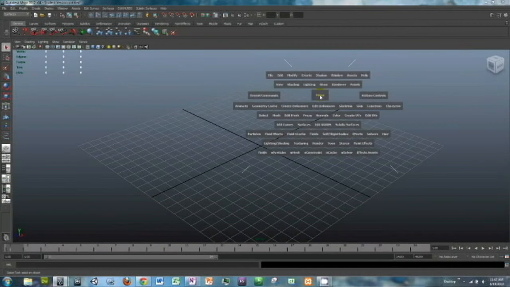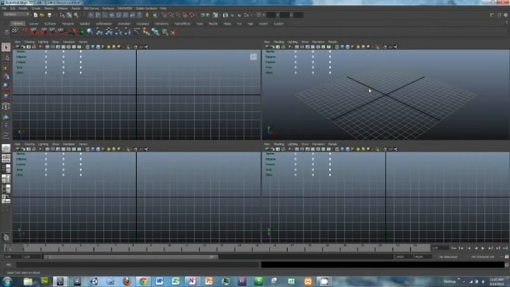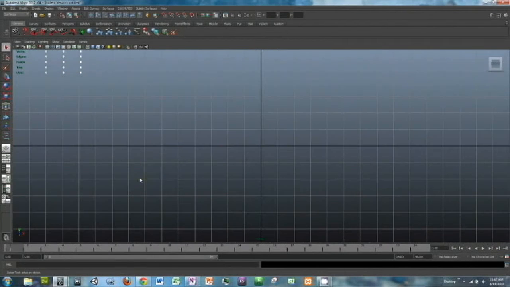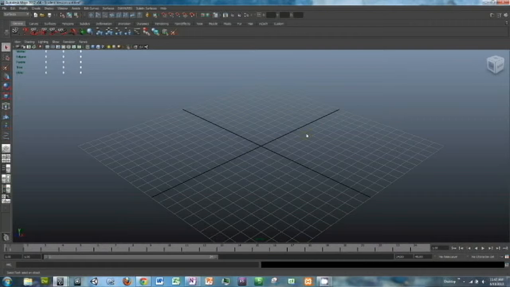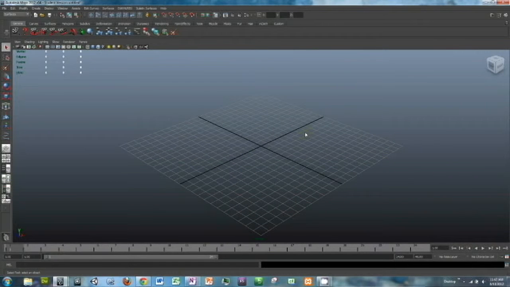If you press spacebar, then it'll take you to this four-view thing, and this is the perspective view, and all these are the orthographic views, which are top, front, and side. If you hover over one of these and press spacebar again, it'll take you to that view individually. And so if you go back to the perspective view,